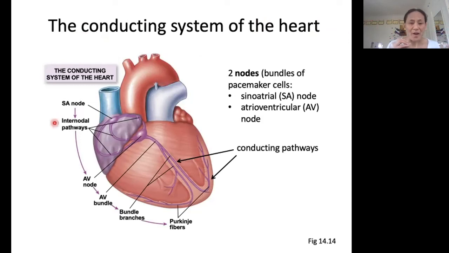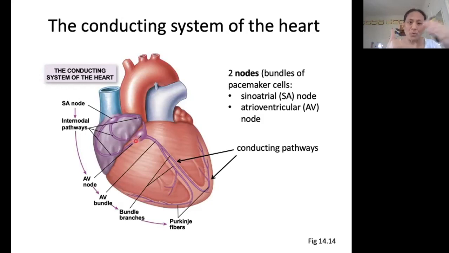The main feature that I want you to pay attention to is that we have two nodes, okay? Nodes are basically bundles of pacemaker cells, okay? We have one node up here, the sinoatrial node or the SA node, that's at the top of the right atrium, okay? And then we have our second node right here, our atrioventricular or AV node, which is kind of between,